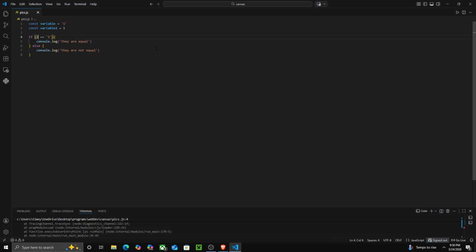So I'd recommend use triple equals as much as you can because it helps catch errors before they become big issues. Like if this was inside of a math function and you forgot to do triple equals,